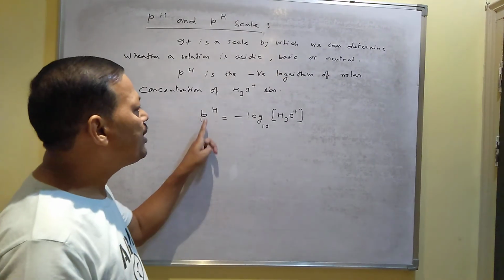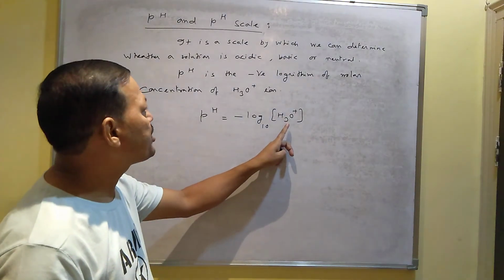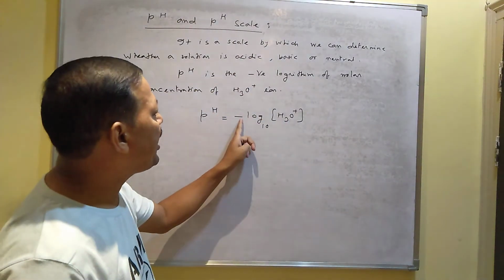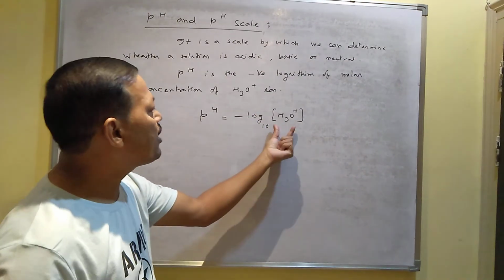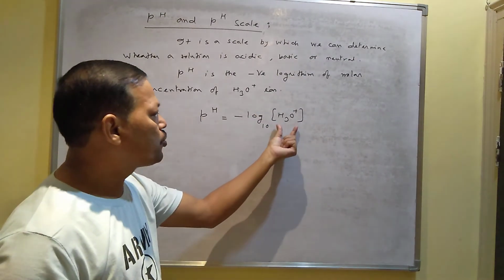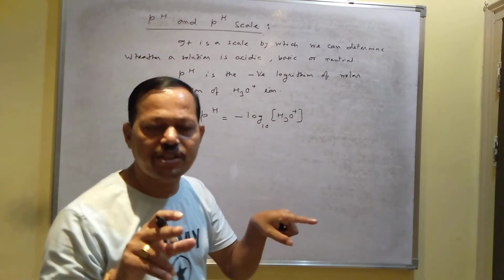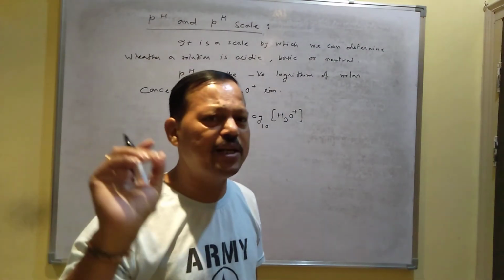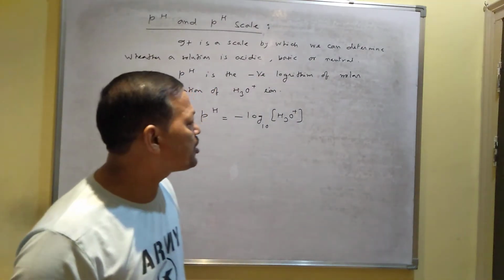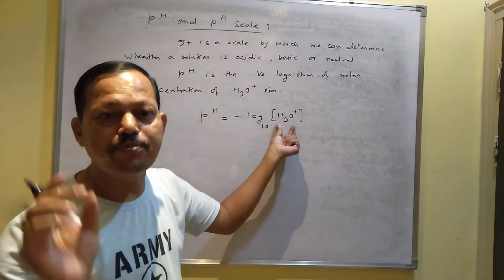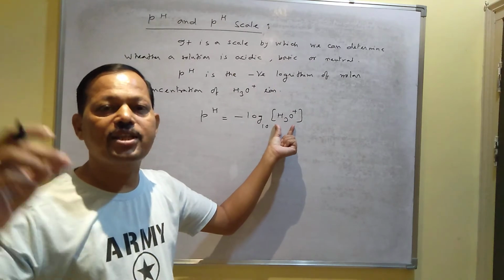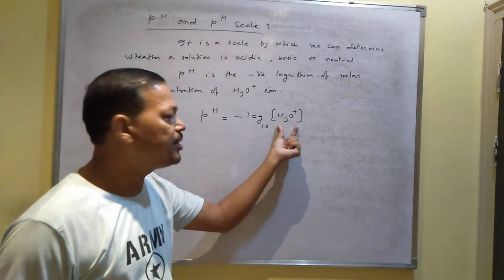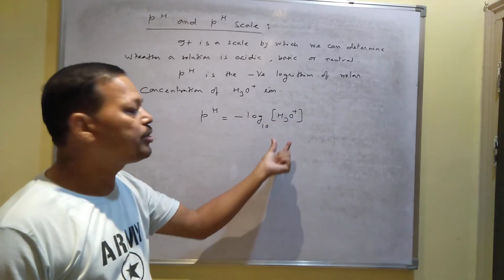So pH mainly depends on the hydronium ion concentration, and the definition of pH is the negative logarithm of molar concentration of hydronium ion. As you know, square brackets represent concentration. There are different types of concentration like molarity, molality, normality, but the concentration must be in molarity. If it is given in molality or normality, then you have to convert it to molarity. Then that molarity value you can put here.